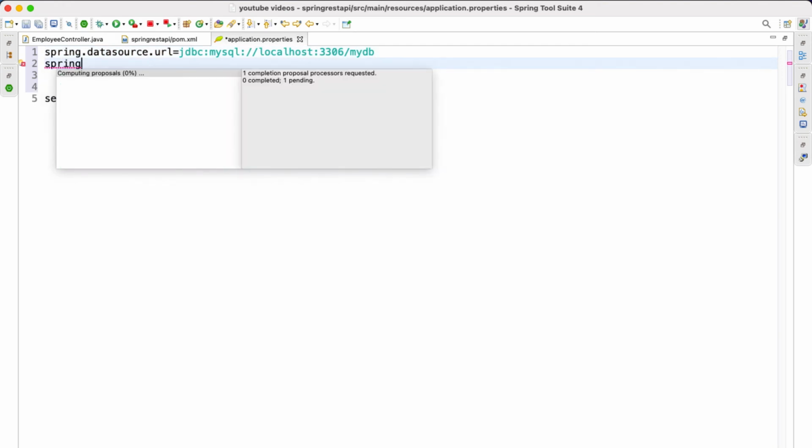Next we are going to specify the database username and password. spring.datasource.username, and the username is scbhushan05.